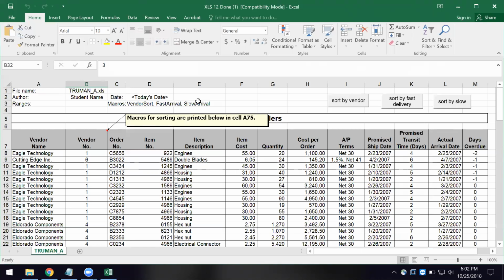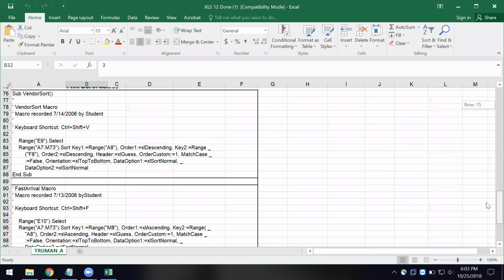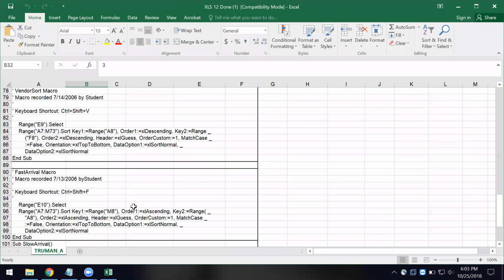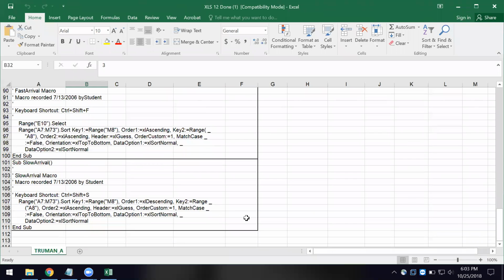Okay, now. As I mentioned here, I've got just a small little note here. I direct you to where we have the macros for sorting, and they're printed down below here, down below A75. So let's go down to A75 for a minute, okay? And you're going to see this is the printout of those macros, okay? And this is what you would see in the macro area in Excel, and we'll take a look at that here in just a moment. Here is the fast arrival. We're going to do three